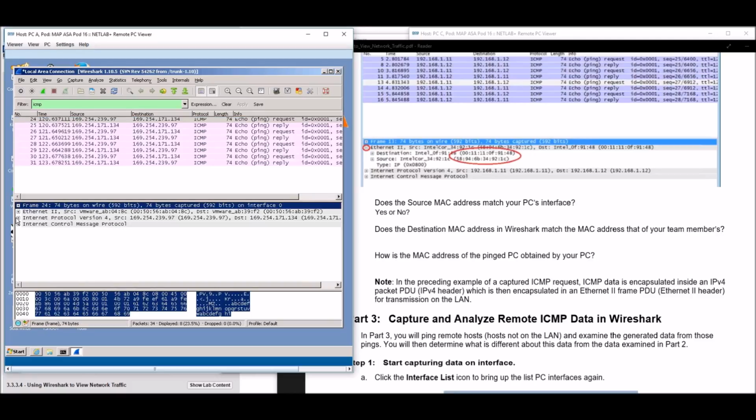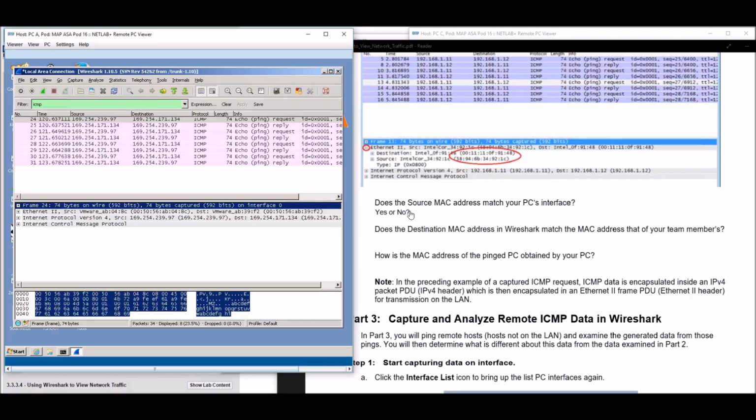And you'll learn more about this later in more in-depth networking. Just keep in mind that this is the high level that we're working on with this lab at this point. So you can see your Internet protocol there. You can see all the information. You can see your ICMP information, Internet Control Message Protocol.